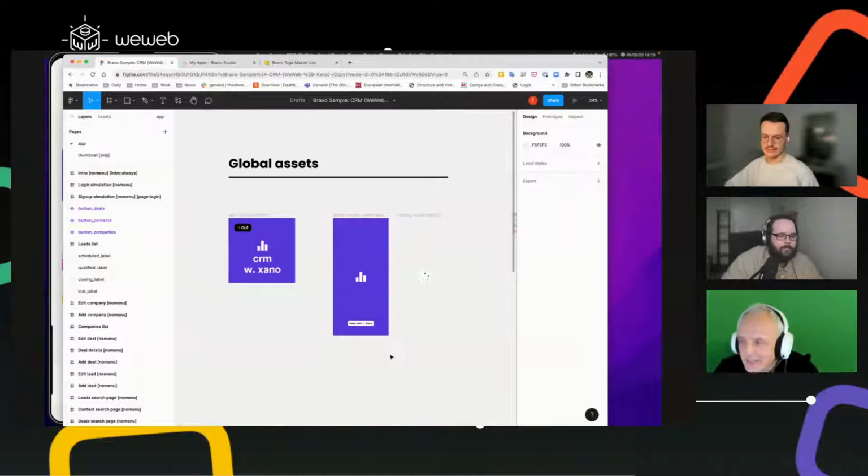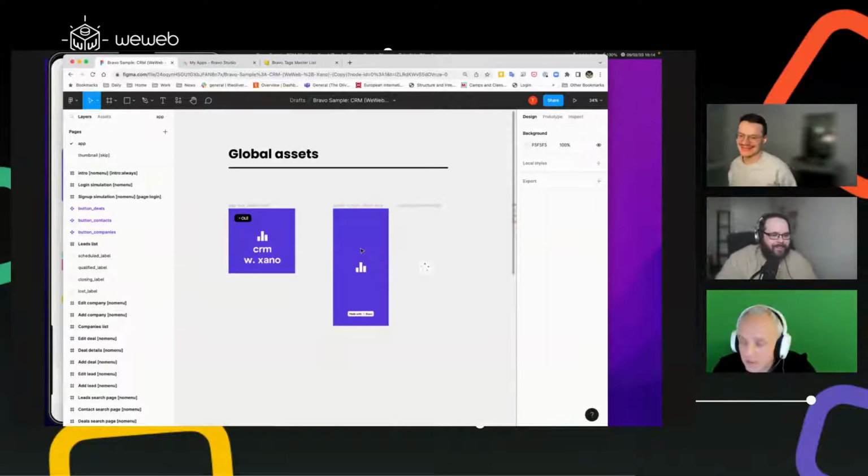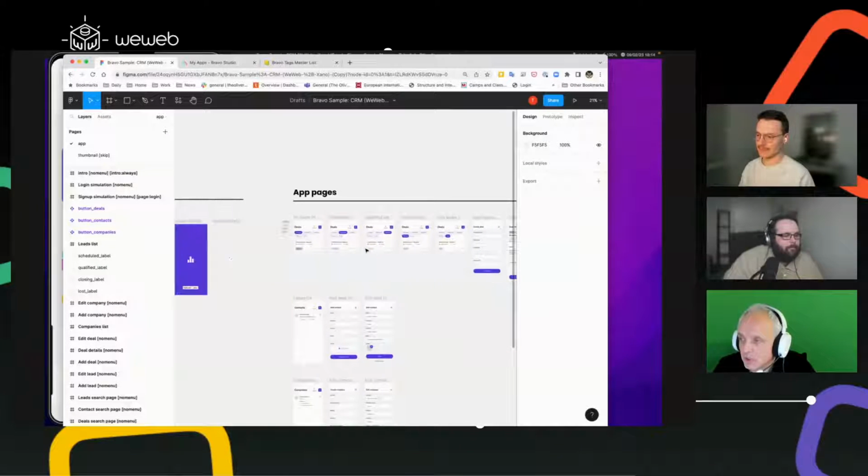So I'll crack on. The way that Bravo works, as I mentioned, is that it's connected to Figma or Adobe XD. But these days, Adobe XD is probably going to be turned off. It's just going to be Adobe Figma at some point. And what we find is that a lot of people, when they're doing designs of applications, I'll just show you, they'll often build stuff like this. They'll actually create